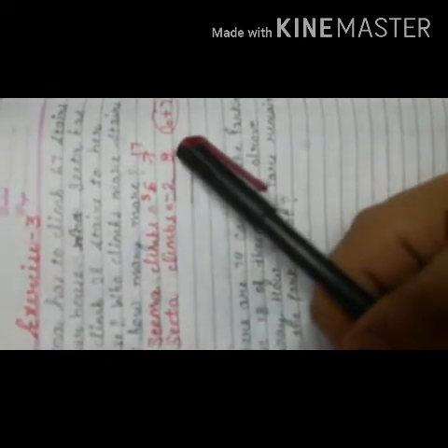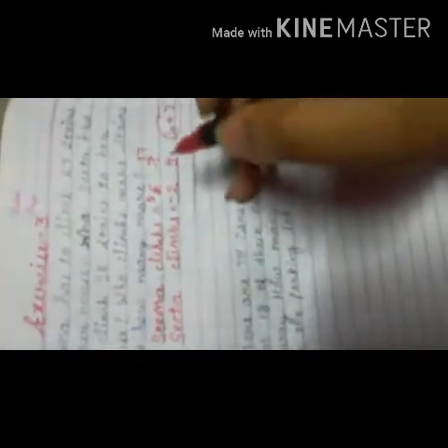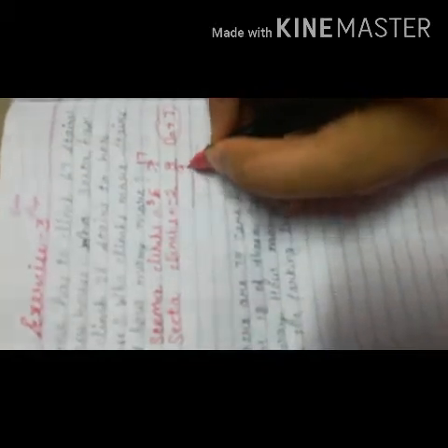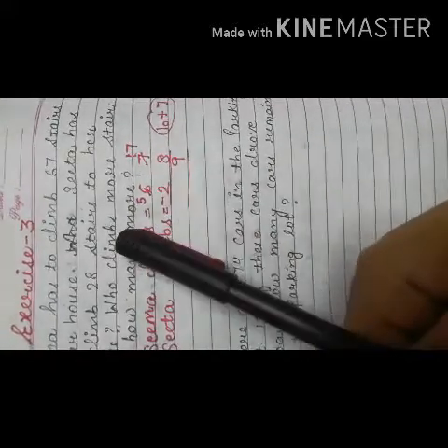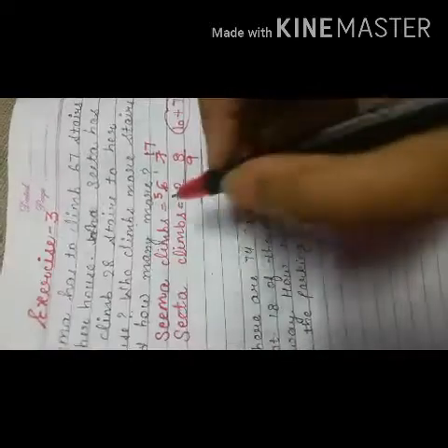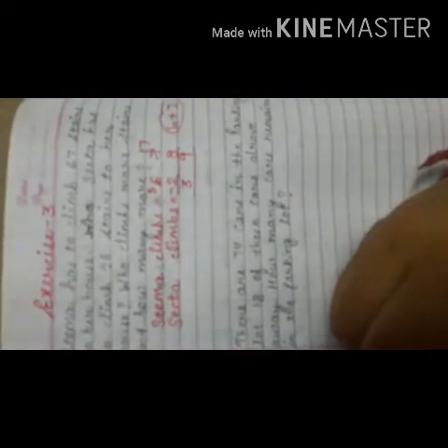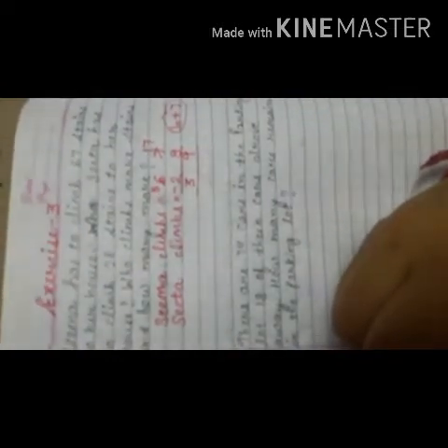Now you can subtract 8 from 17, and that is 9 after subtraction. Right? And here we have 5 and 2. Now we will subtract 2 from 5, means 2 tens from 5 tens, and after subtraction we will get 3. Now we have the answer 39. That means Seema climbs more stairs. How many more? 39.